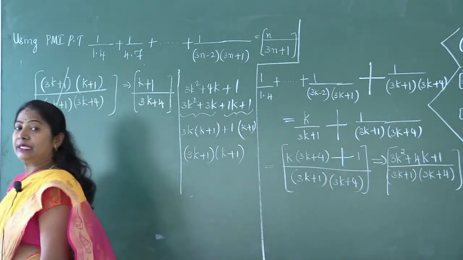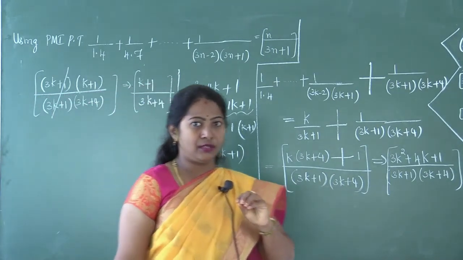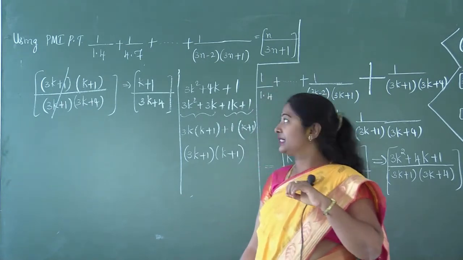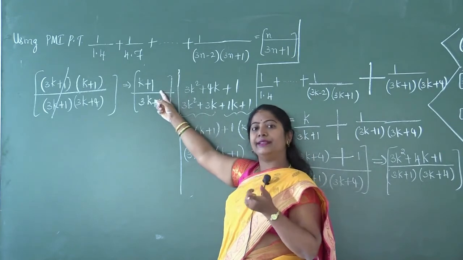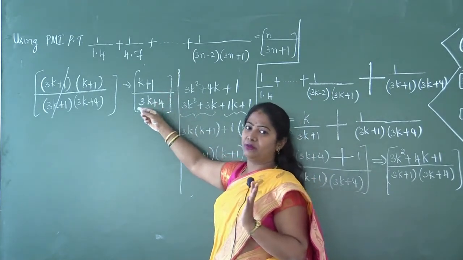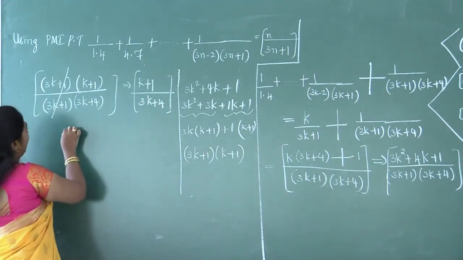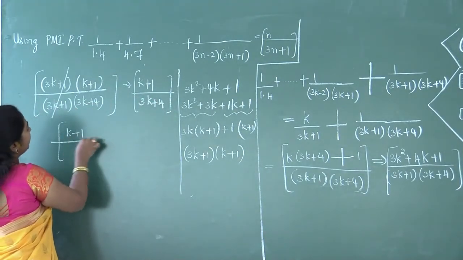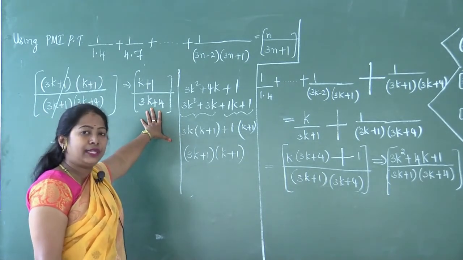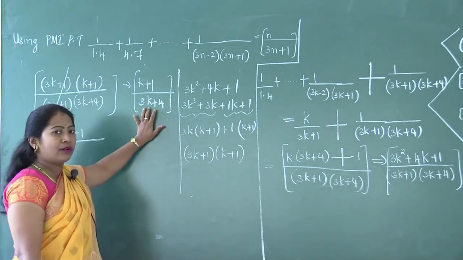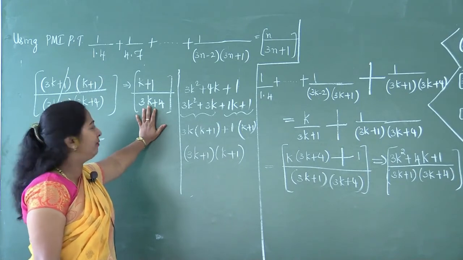Observe here, each term of k should be in terms of k + 1. As mentioned earlier, each term of k has to be represented in terms of k + 1. When you look at the numerator, k is already in terms of k + 1. So that term need not be reduced. So I'll just rewrite k + 1 as it is. Now observe the denominator. What is there in the denominator? 3k + 4. k is not in terms of k + 1. So I will write this k in terms of k + 1.